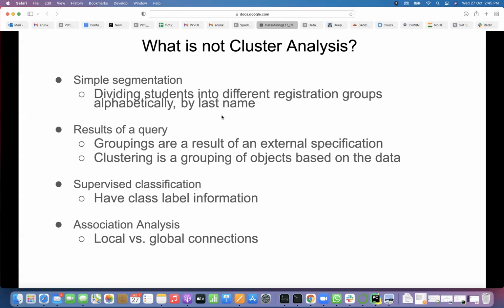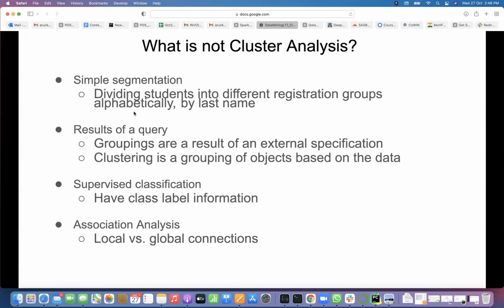This is a random grouping. It may be through alphabetical or some other thing, right? Height, whatever you can use. Let's say just measuring that and putting them into groups. Even if you measure heights and put them into groups, that may be called clustering, because in the same group you want people of the same height. In other groups, the height should vary, maximize it, something like that, if you use that type of measure.